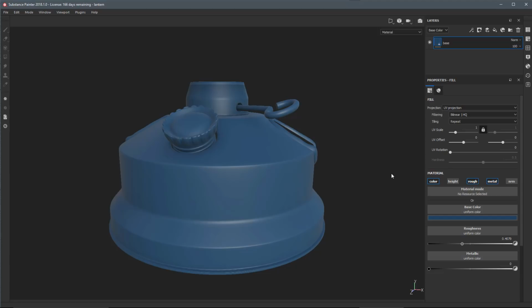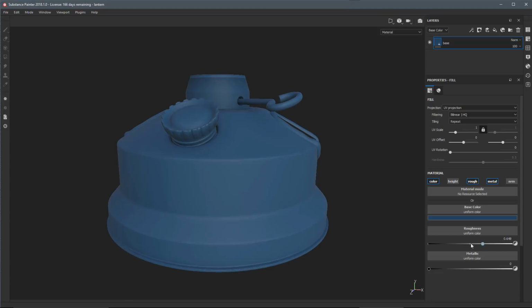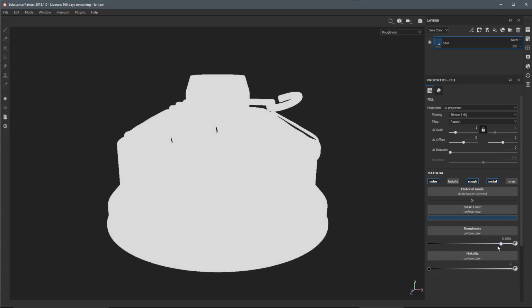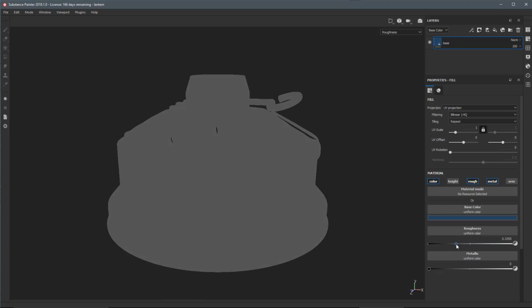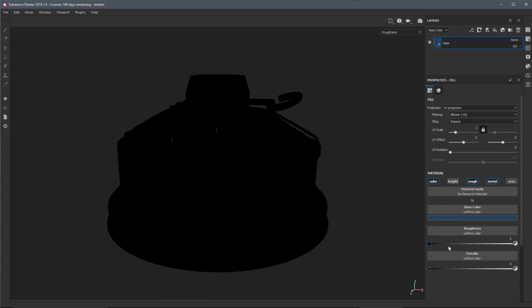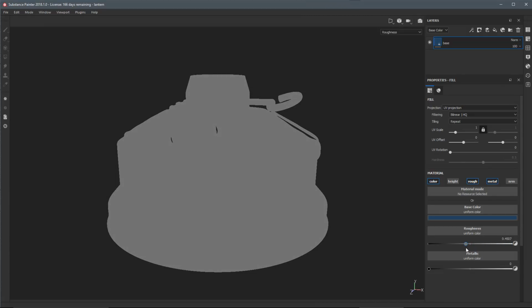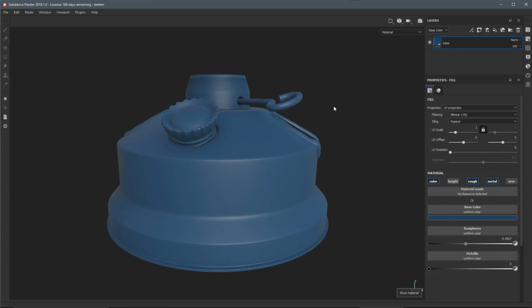Now, I want to start to introduce some more roughness. So right now, we just have a uniform roughness. If I hit C on the keyboard, this is going to toggle me to channel mode, and here at the top of the UI under my drop down, you can see I'm in the roughness channel. And if I move this slider, you can see that my roughness map is really just a grayscale map. It's going from black to white, and here we have just kind of a mid-gray value. So I'm going to hit M on the keyboard to go back to my material mode,